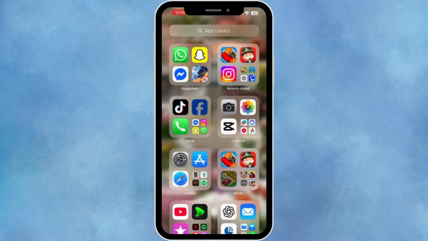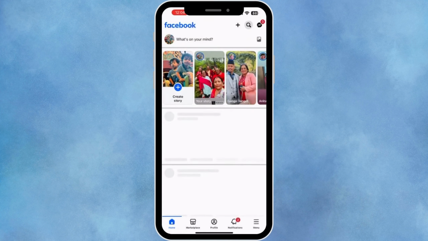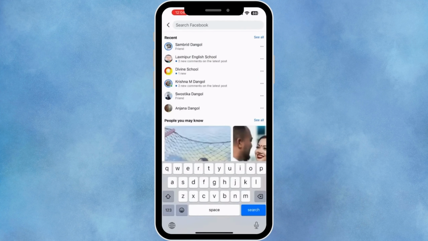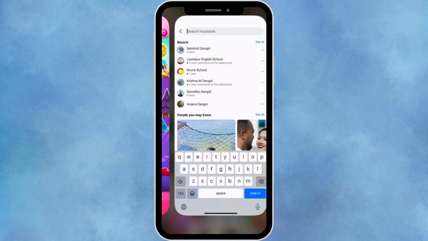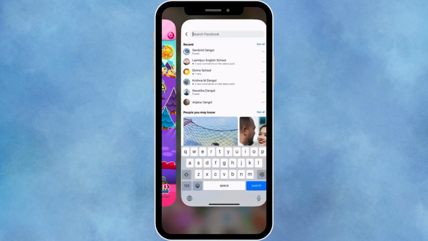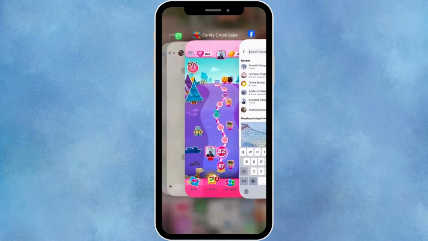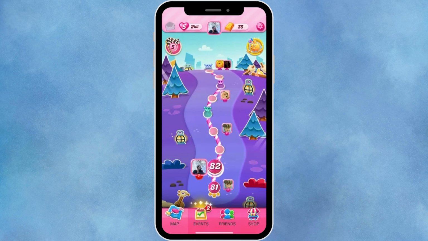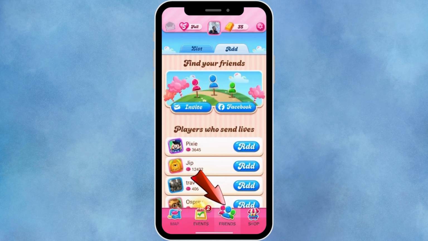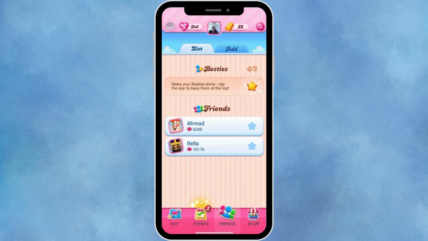Removing a Facebook friend: if your Candy Crush is linked to Facebook, go to your Facebook account, tap See All, and search your friend's name. Tap Unfriend or remove them from the list. Result: they will automatically disappear from the Candy Crush friend list. Or you can tap Friends and tap the friend